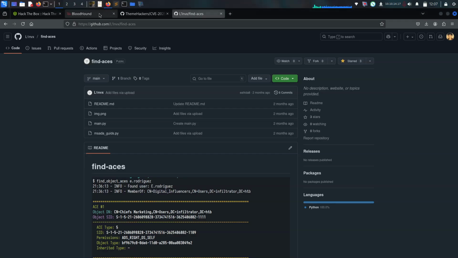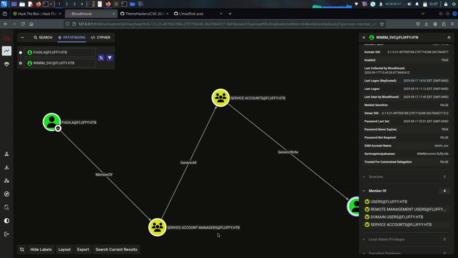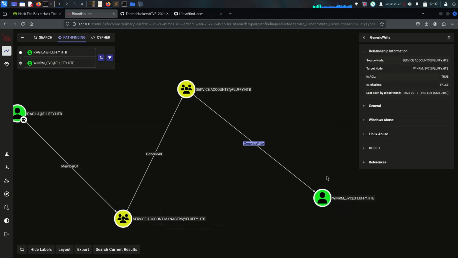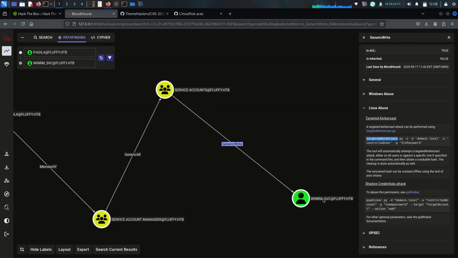So let me just go to BloodHound again, and let's do this attack. We are a member of the service account managers, so we can use this PAGLA on the service account with everything, right? So we can just use it here, generic right on the WinRM services. Let me just try to use it. If you check generic right with Linux, you can see targeted Kerberoast or shadow credential attacks, right? I really don't recommend the targeted Kerberoast. If you use it here, you will get the WinRM services NTLM hashes, but sometimes it's